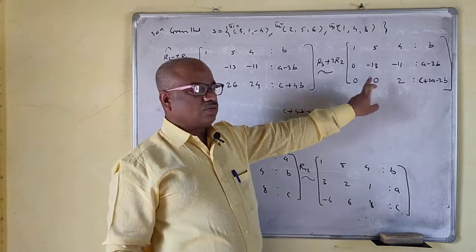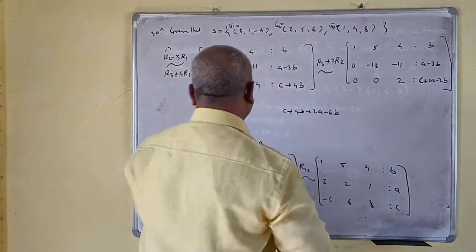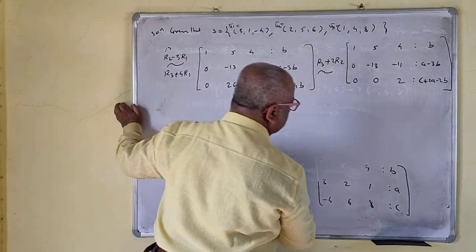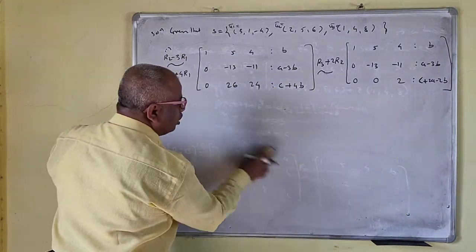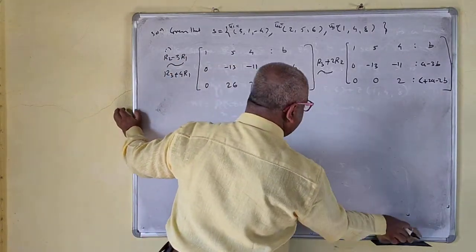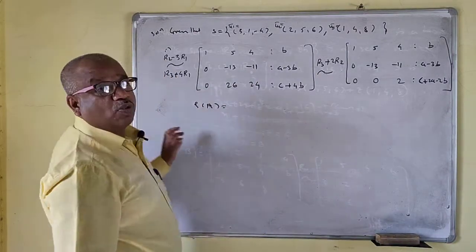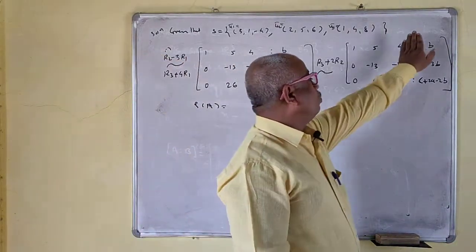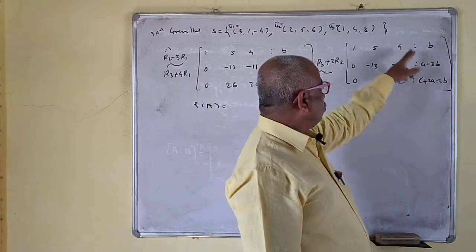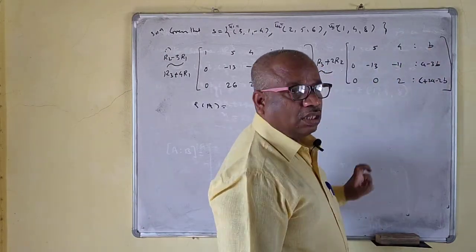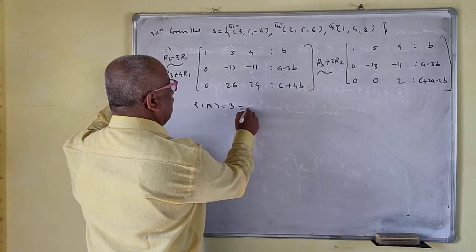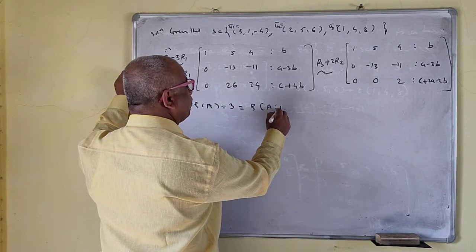Now this is the echelon form. This is 1 0, this is 2 0. That means we have to stop the operations now. No need to do this one now. So we write directly the rank of A. Rank of A is nothing but the number of non-zero rows in the echelon form of A. Forget this last column. The number of non-zero rows is 3, and this is the same as rank of AB.